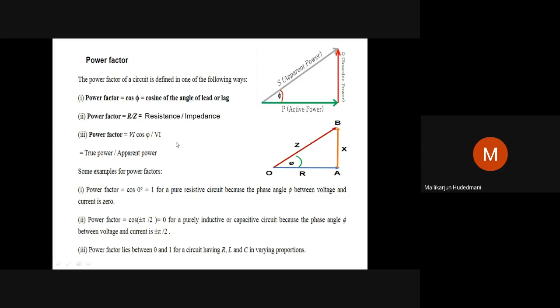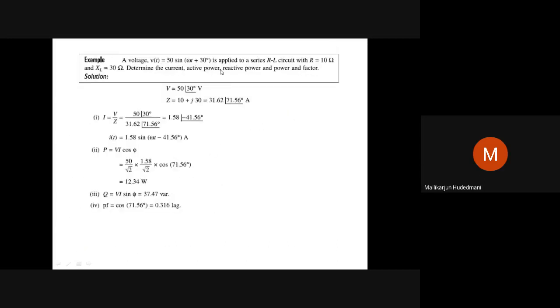Now, for my problem, I need active power, which is VI cos phi. When I want reactive power, I will use VI sin phi. That's what I wanted to make use of in this particular problem. Whenever reactive power comes, you can see Q equals VI sin phi. Just watch the units: it is not watts, it is VAR, volt-amp reactive. And active power is in watts.